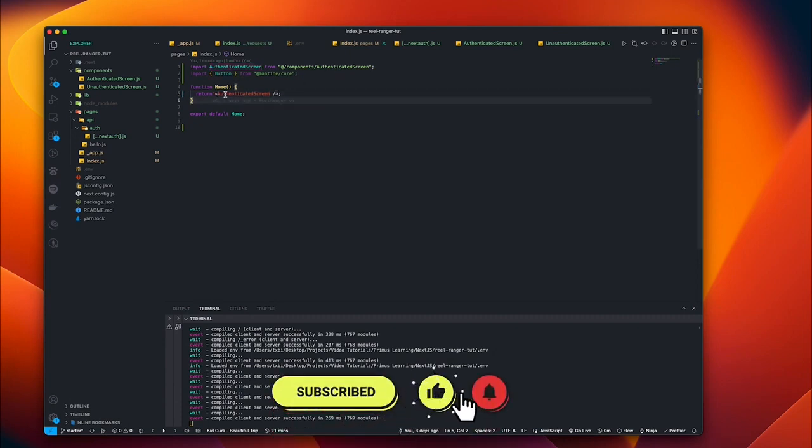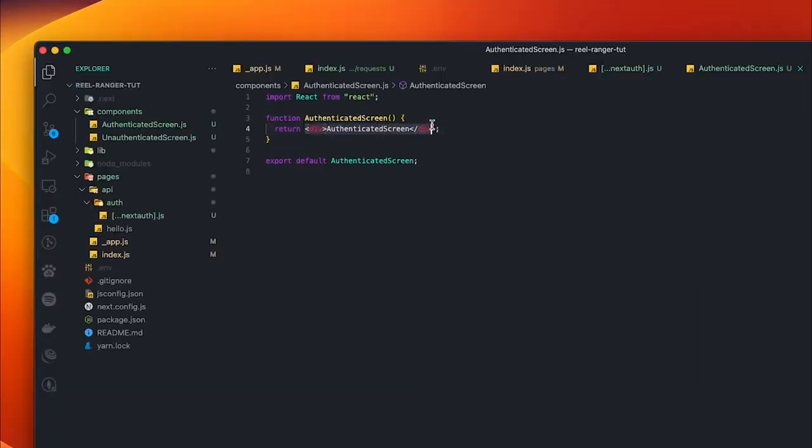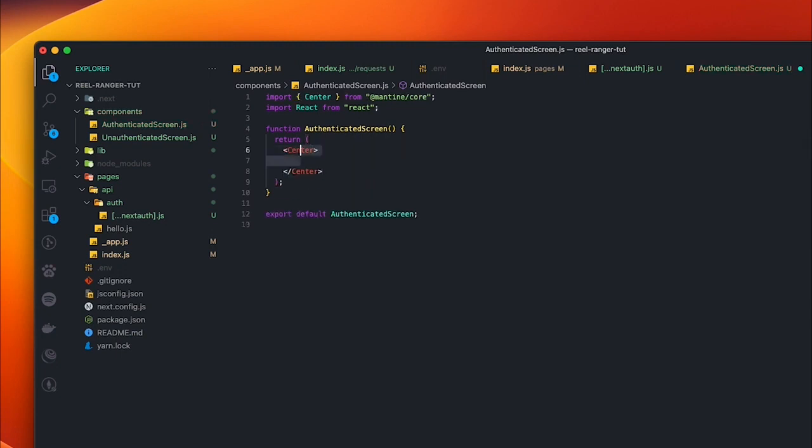Okay, so back in authenticated screen, we're gonna clear this div, and we're gonna return center from Mantine. And now whatever we pass in the body or as a child to the center, it's gonna center the content we pass in here horizontally and vertically. So we're gonna need something that